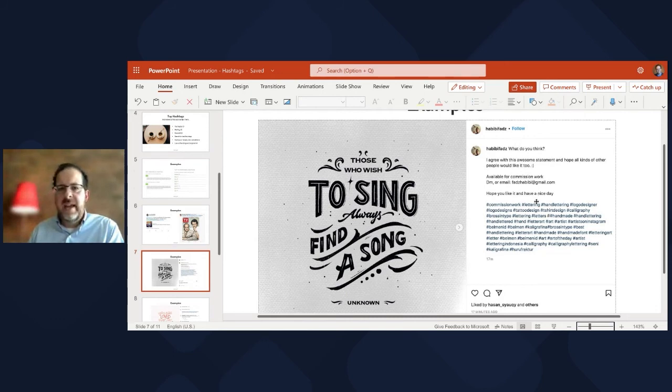And they've put in this text for a post that has no hashtags, and then at the bottom they put all these hashtags. So there must be a reason they put all of these in there, but I would never recommend that you do this in the body of your Instagram post. I would put these all in your comments,